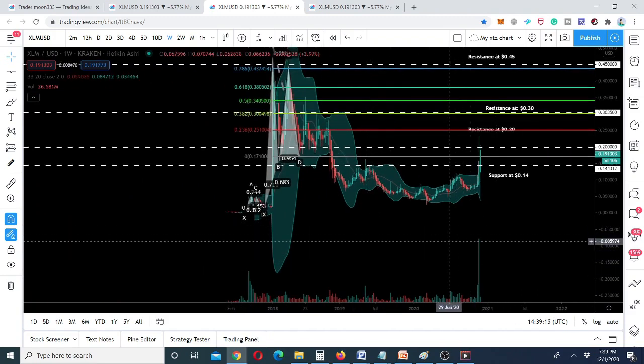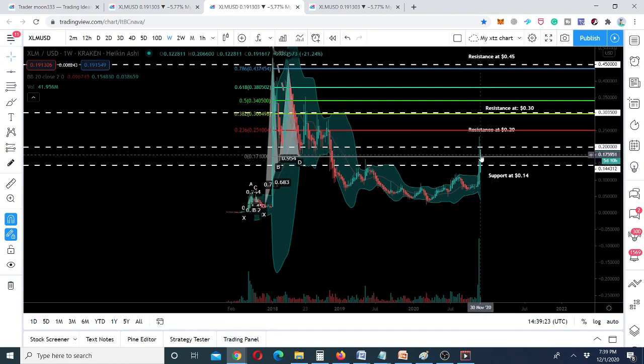So once the 20 cents resistance is broken out, then we can expect that this rally will continue in the long term. After this 20 cents on the weekly chart, there will be more resistance levels on the daily chart and maybe on the hourly chart as well. But I am talking about the long perspective, and on the weekly chart we have the next resistance at 30 cents. So once we have a closing above 20 cents,